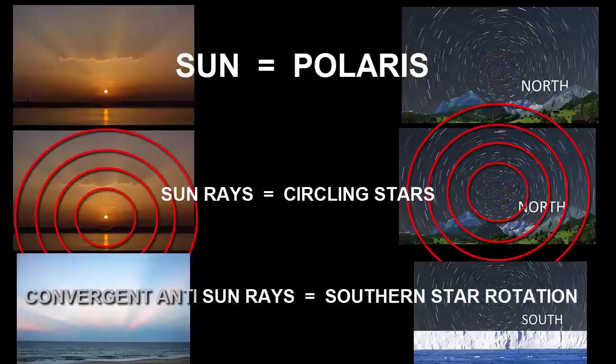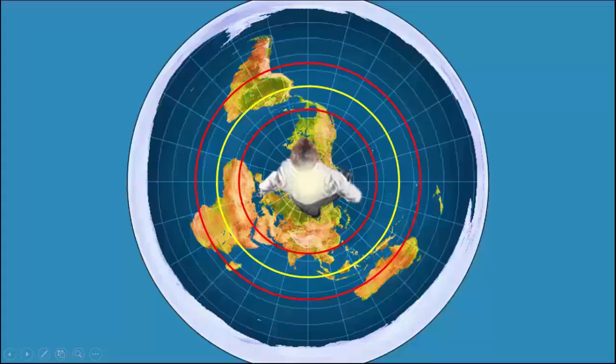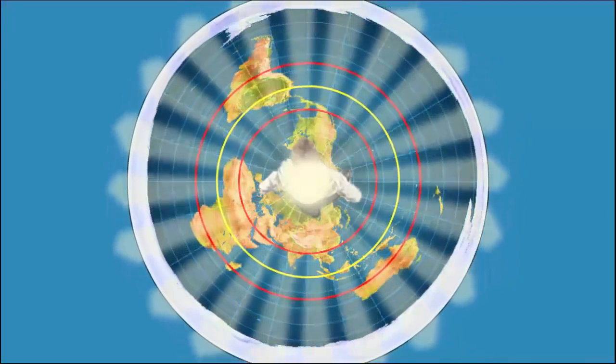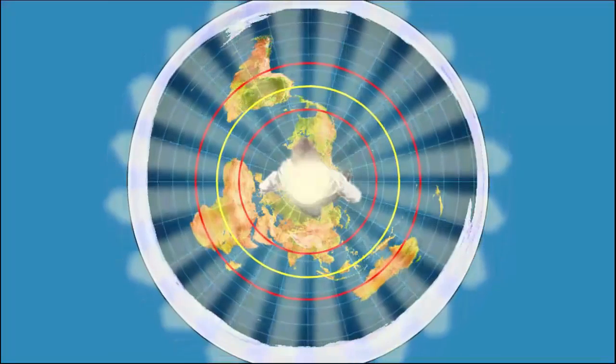Now you might say, well, how's that? Okay, let's say the sun's overhead, right? And let's say you can see all of the rays coming down. It would look something like this, with the rays all around you. Okay, so let's attach the sun rays to the sun and let's rotate the sun as though it were Polaris and the stars, but we're going to use the sun. So as we rotate it, it'd be a counterclockwise rotation around you, right?